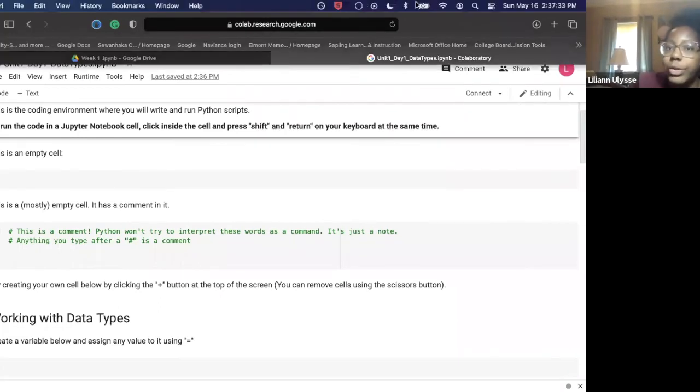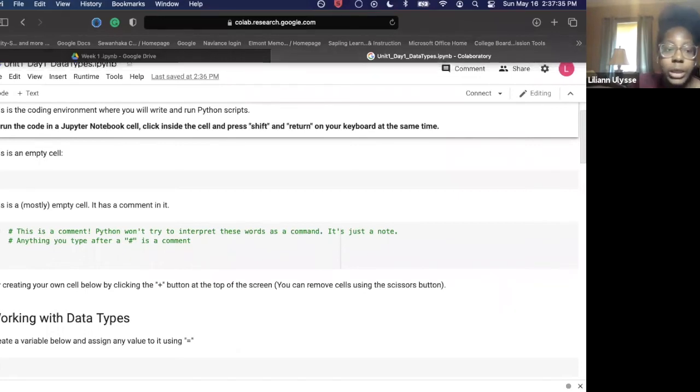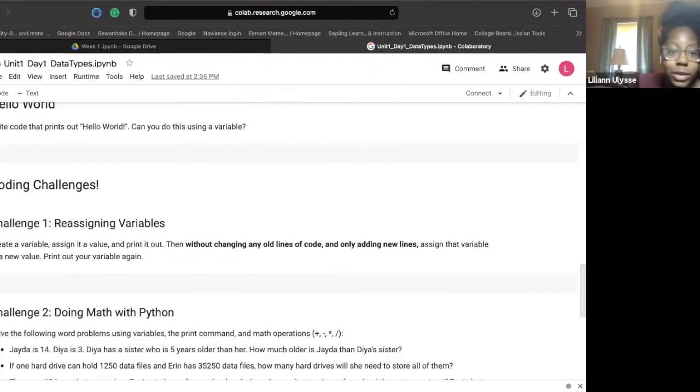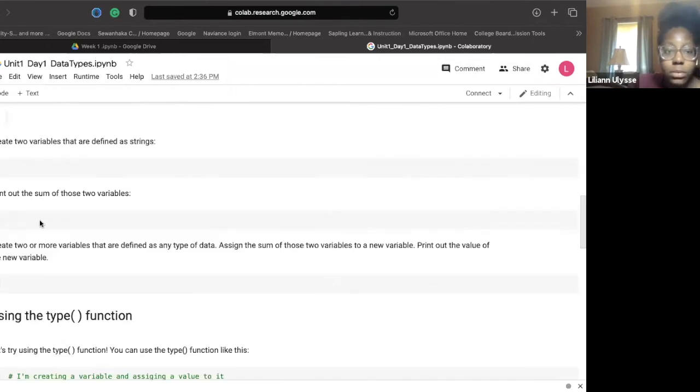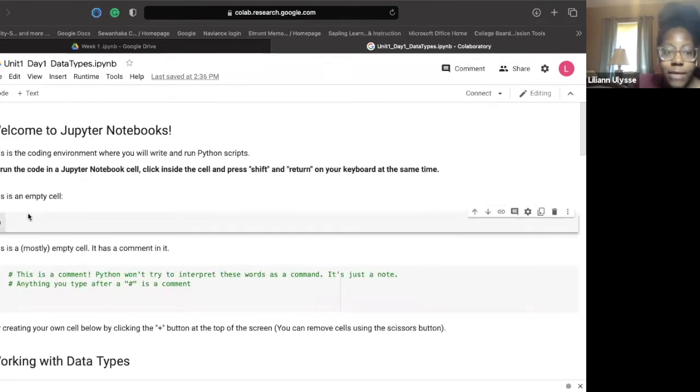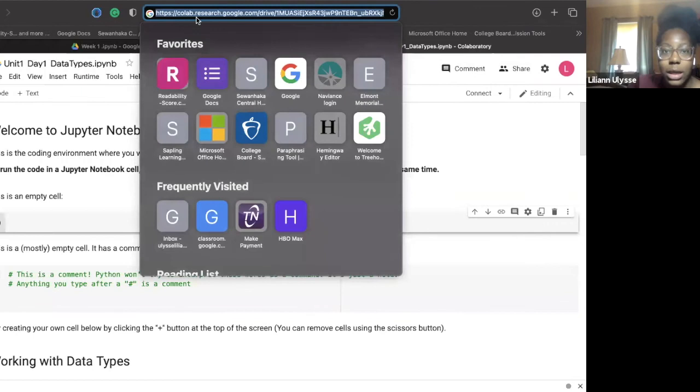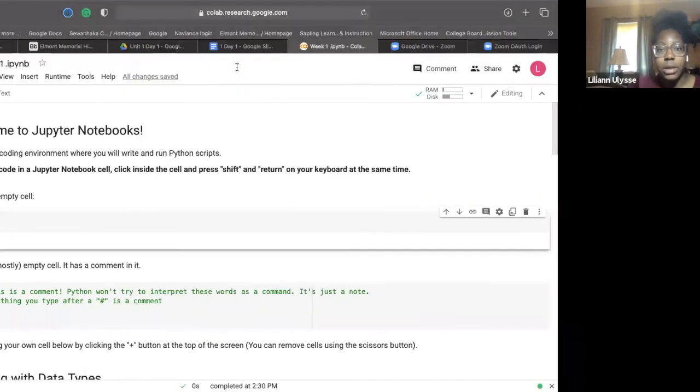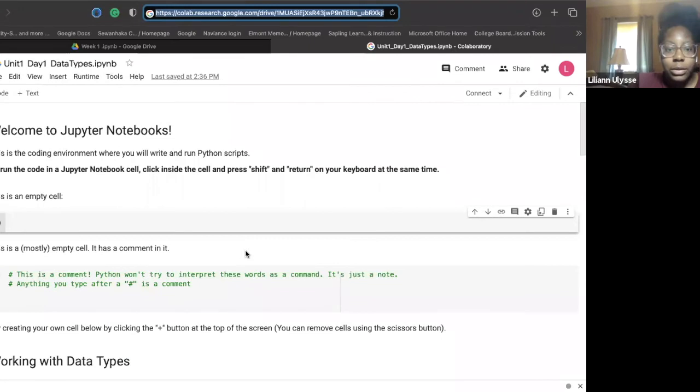So I'll also show you how to work Google Colab as well, because we'll be using it throughout the duration of this class. So you could have a cell. A cell is where you would run code. You open Colab. In order to open Colab, you just have to type in this link, colab.research.google.com. Here, I'll type it in. So you could click it and then you press upload new notebook,